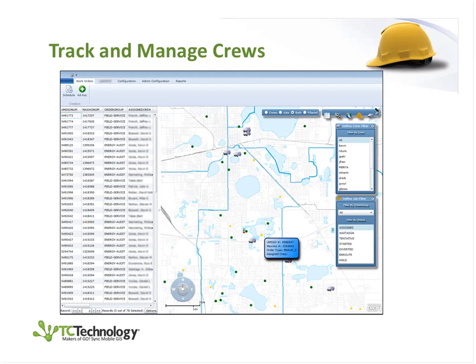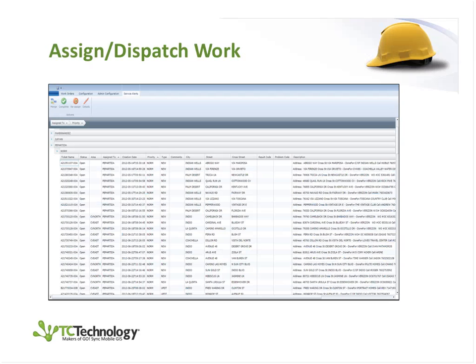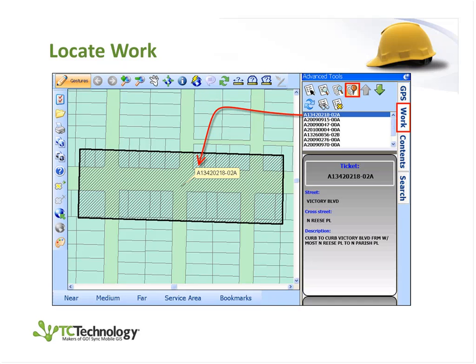So here are some screenshots, and I'll go through these fairly quickly just to give you a feel for how you can use the technology. You can use it for tracking and managing your crews. You can see there we've got work orders and jobs, and we've got trucks representing crews, and you can drop jobs onto those crews. You can assign and dispatch the work tabularly, so you can do mass assignments in this way. You can locate the work that you're doing out in the field,